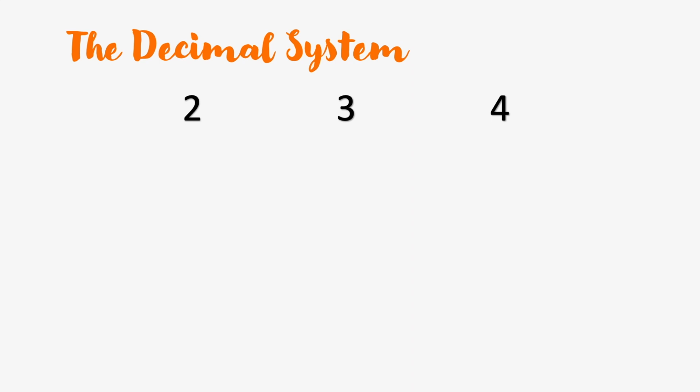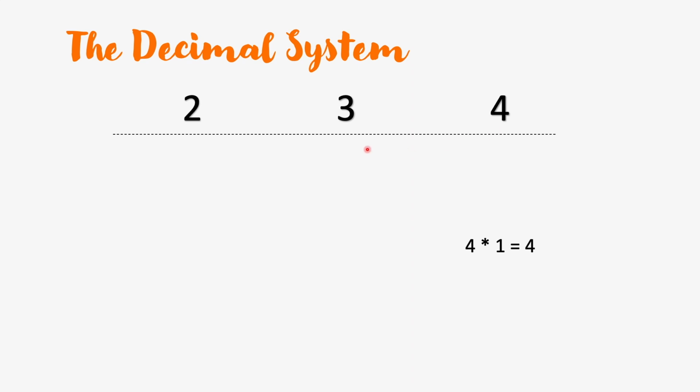As we know, this is because of face values and place values, right? And formally, we know that the value of a number is the sum of the product of the face values and place values of each of the digits. So, what does that mean? For the rightmost digit, the face value is 4, right? This is a 4. And since it is in the units place, the first place from the right hand side, the place value is 1. So the value of the digit in the number 234 is 4 multiplied by 1, that equals 4.